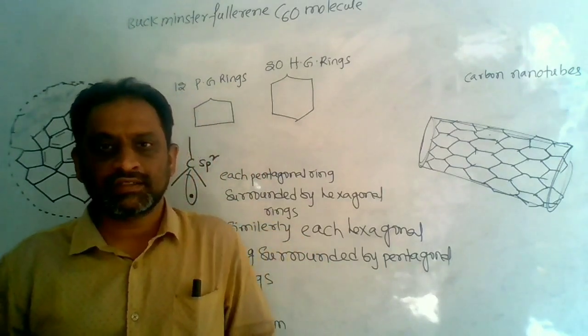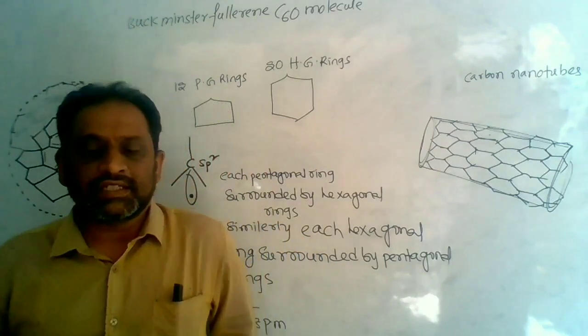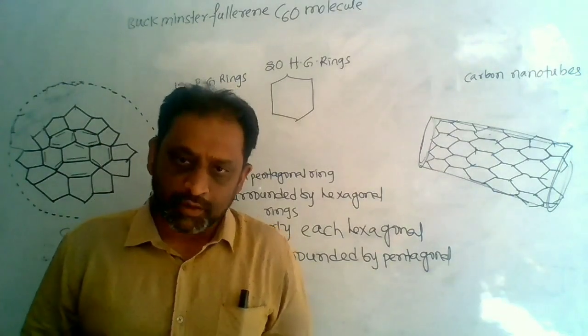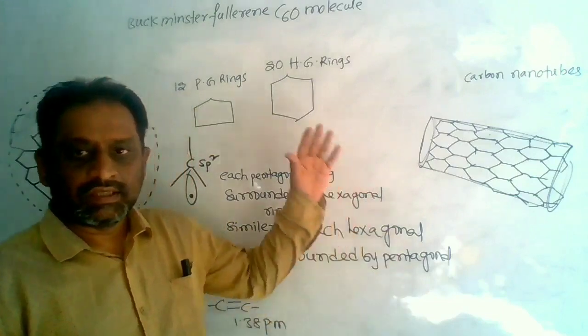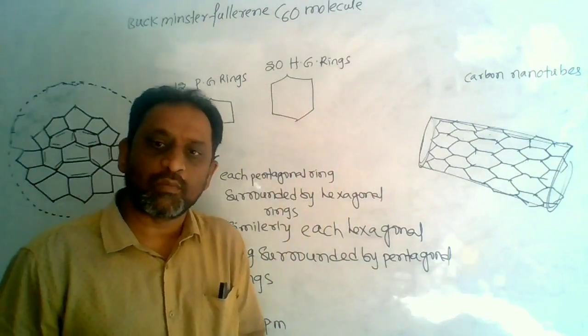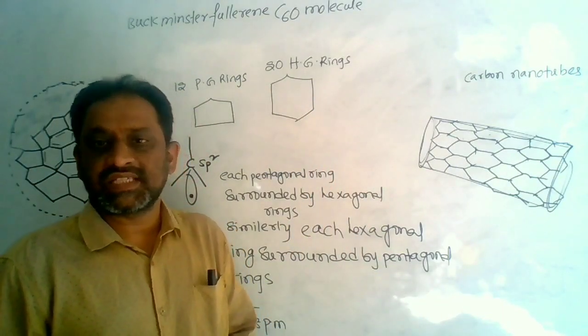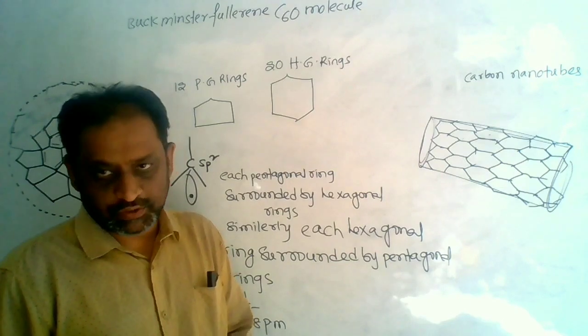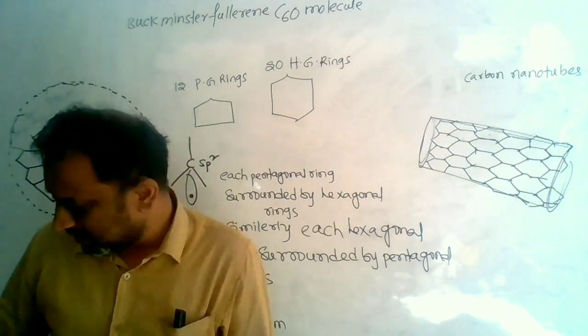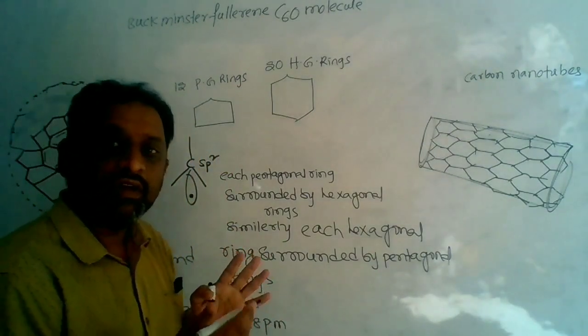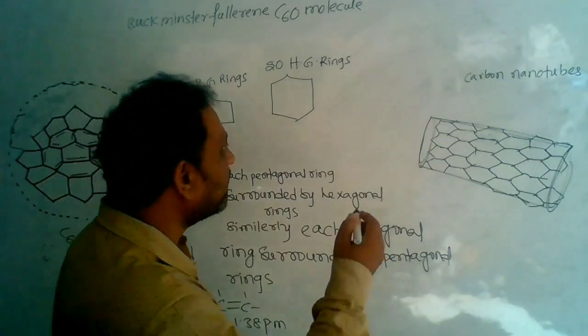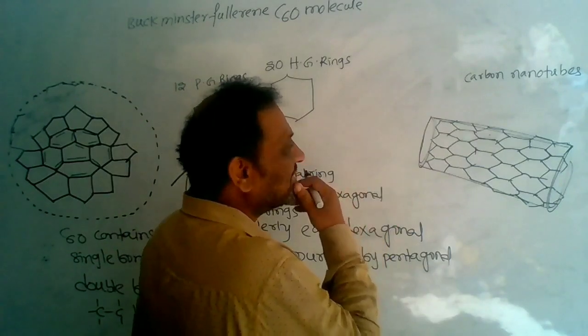In previous class, we discussed crystalline allotropic forms of carbon. Today, we are going to discuss another crystalline allotropic form of carbon, that is Buckminster fullerene C60 molecule. What is meant by crystalline allotropic form of carbon? Crystalline allotropic form means